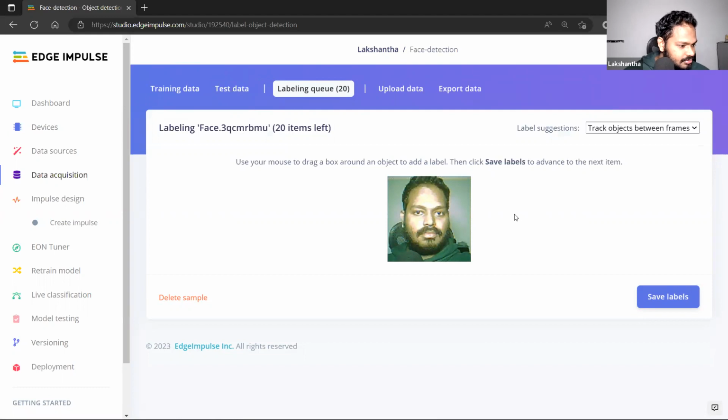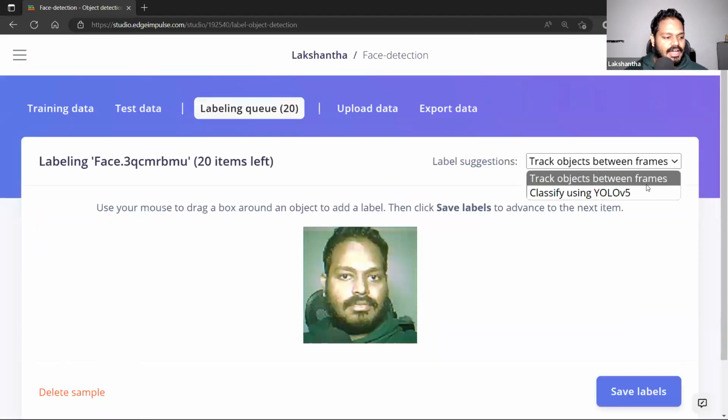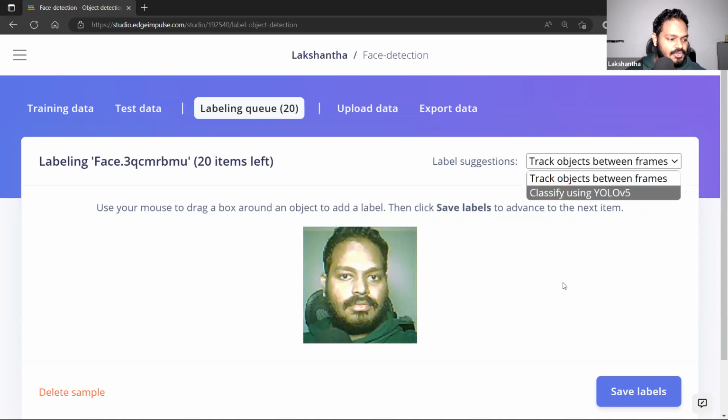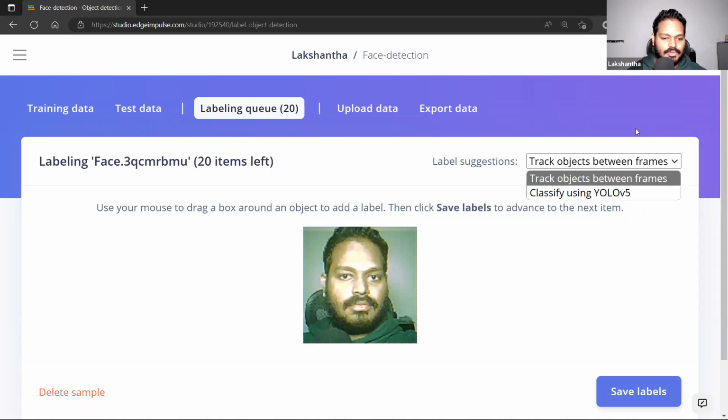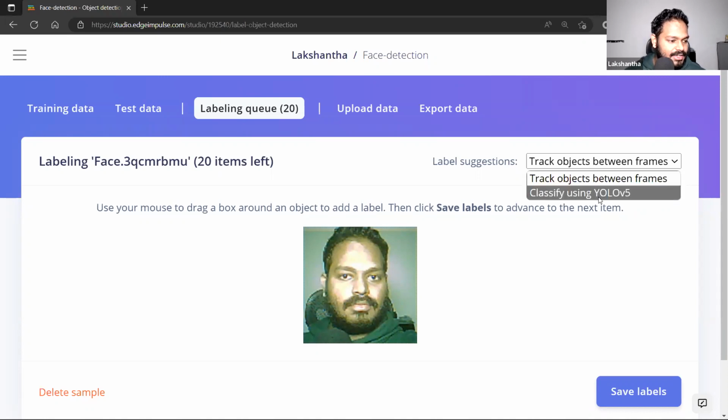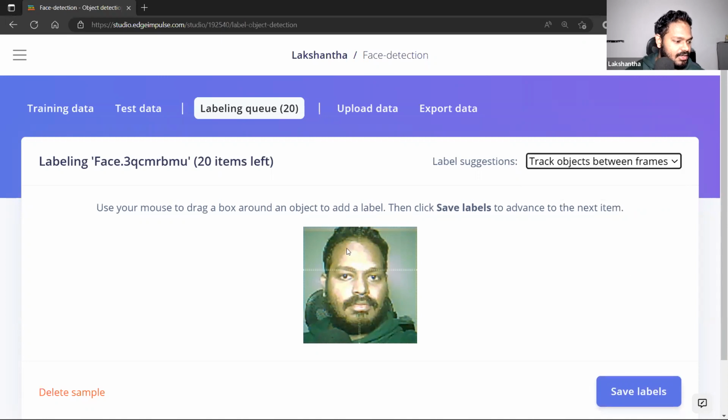You need to select this track objects between frames for this particular application, because we are only trying to detect the face. And as we switch through the images, it will try to predict the bounding boxes for us if we select this. Or else if you have multiple objects, then you might want to select this classify using YOLOv5, so that it can try to detect different objects inside the image. So let's do track objects, and then label the image